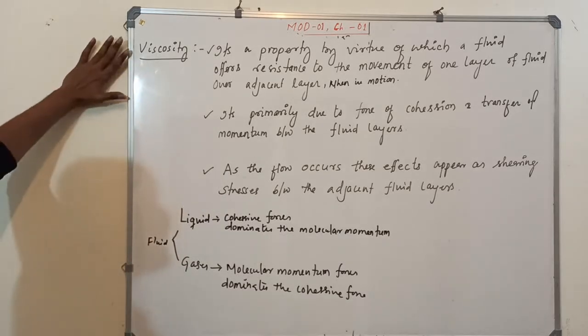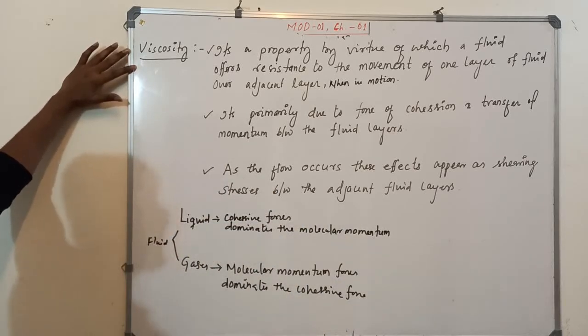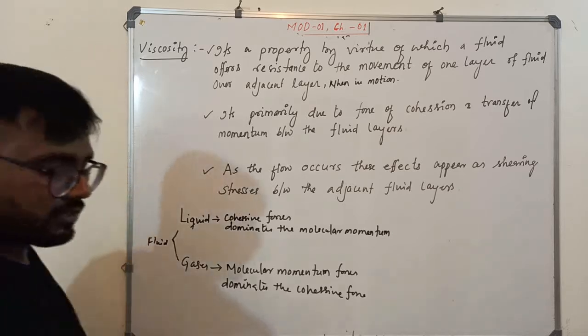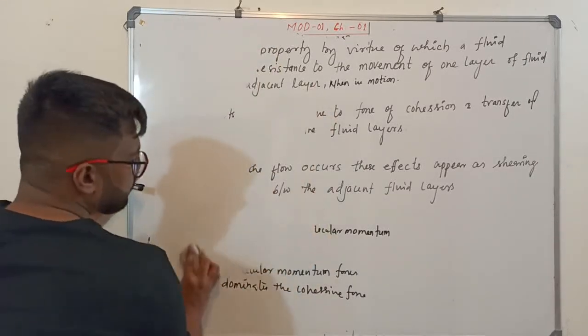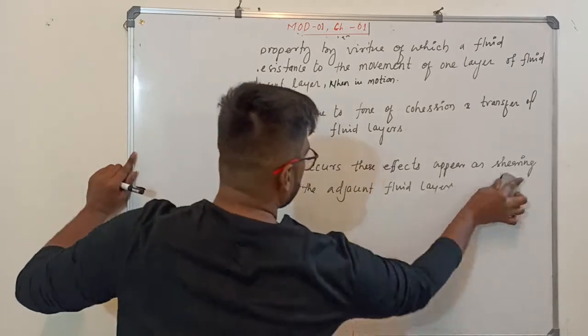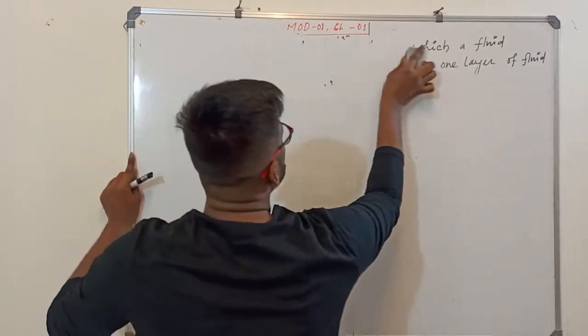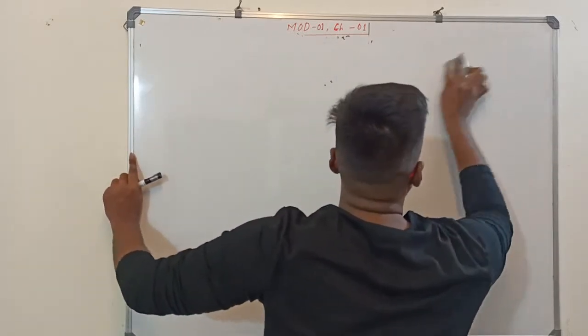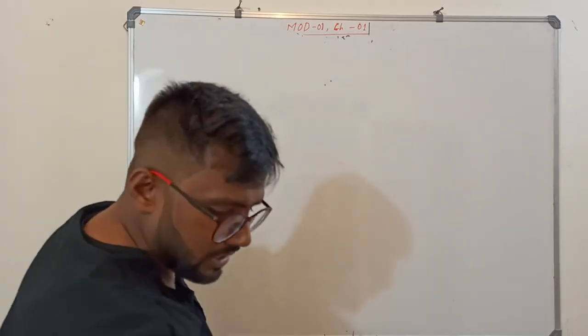So what happens is, once this viscosity acts for a prolonged period of time, ultimately we consider it as a shear stress. So today's topic is viscosity and Newton's law of viscosity, which is very, very important. Understood? Now I'll erase. So viscosity, what did you understand? Sir, it is a property. Yes, it's a property of fluid. When it is in motion, the adjacent layer tries to resist the movement of the other layer. Correct? This means viscosity acts between the adjacent layers.